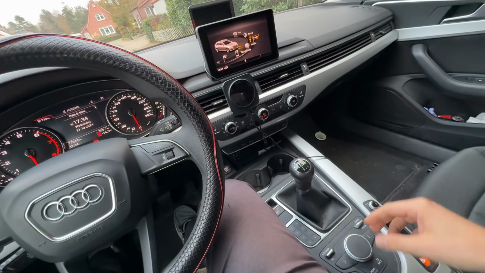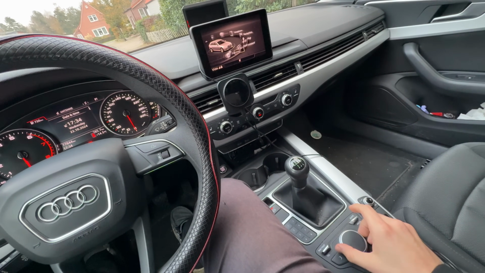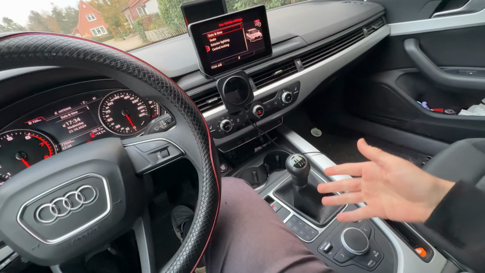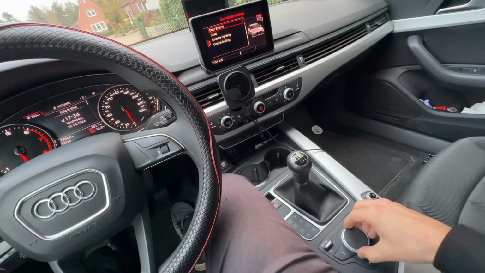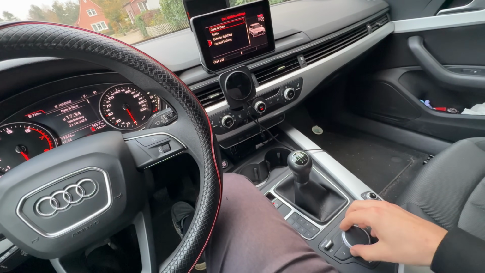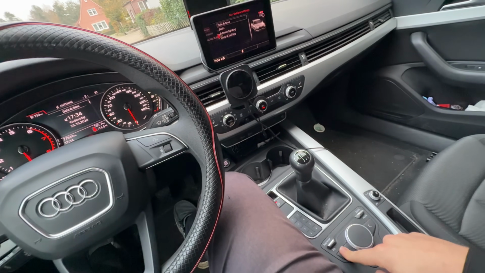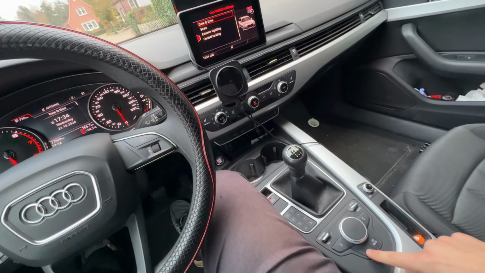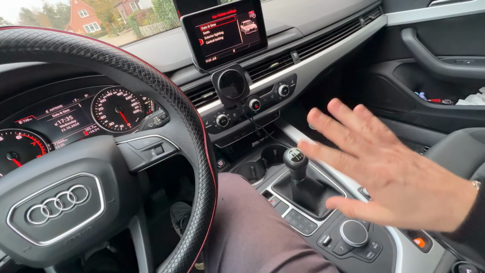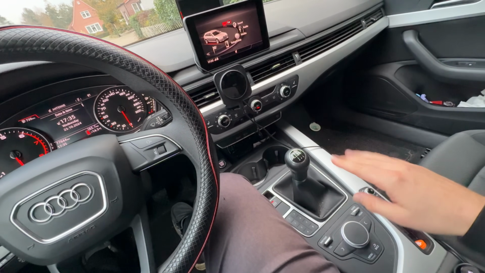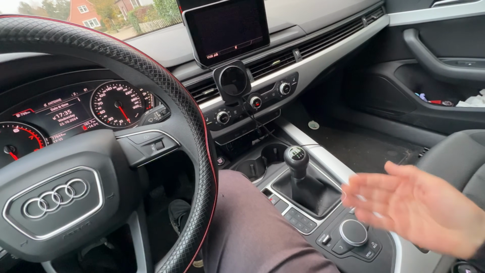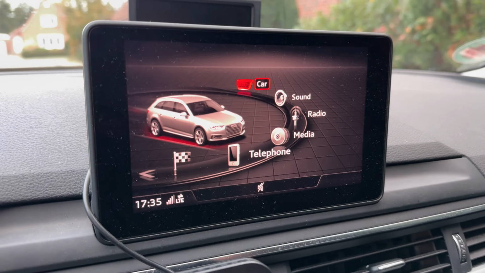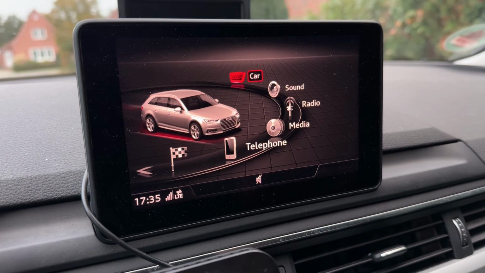Ignition should be on. Then we have here a joystick to navigate right or up and down. Choose a setting or a menu by pushing down the button. You can also go to the left side or the right side. In syntax, you have a left button and a right button. And of course, it's possible to go back to the main menu. Here, this is the main menu, or you can go back one step. So this is the navigation, and we are now at the multimedia interface.